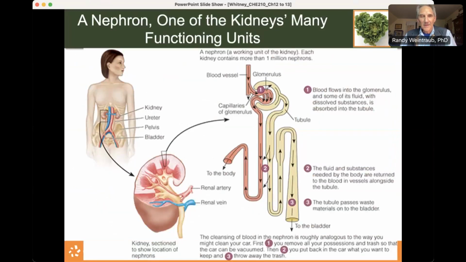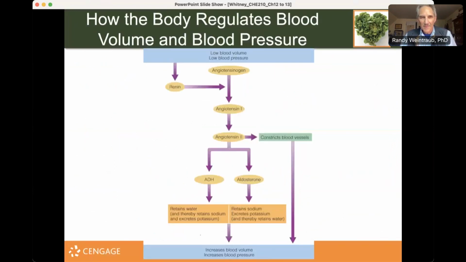Look at the diagram here, refer to this in the text, or just stop the video here and inspect this and think about all the things going on here, organ systems involved, and where things take place. So this is how the body will regulate blood volume and in turn blood pressure. See what we described just now, all shown here in this figure.